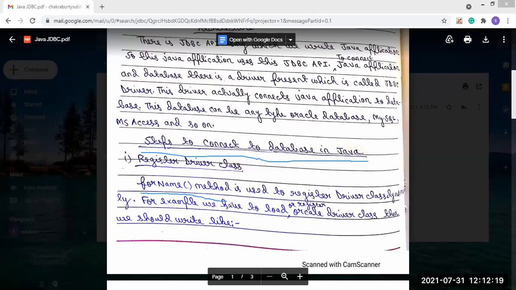If we want to connect to the database in Java, the JDBC driver should be present, because if we do not use the JDBC driver, we cannot connect the Java application with the database. So first, we should register the driver class.